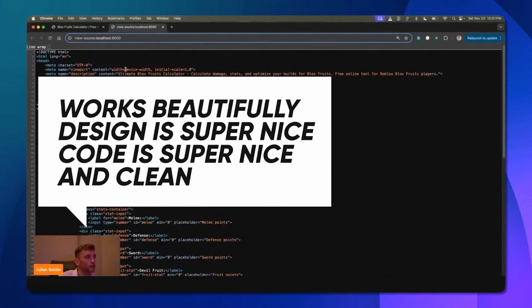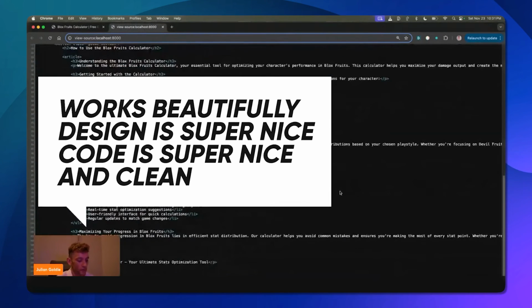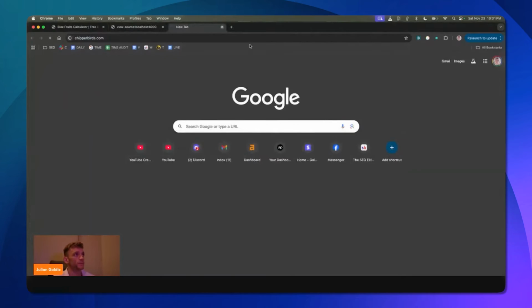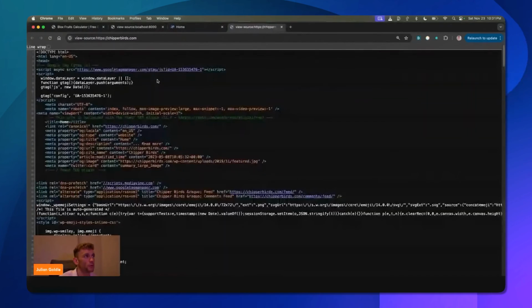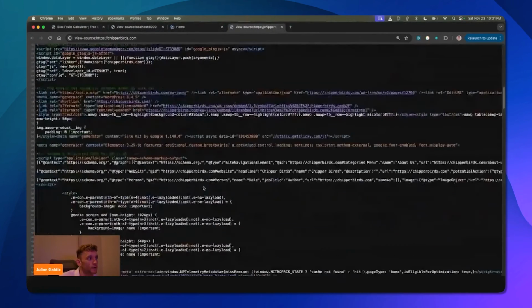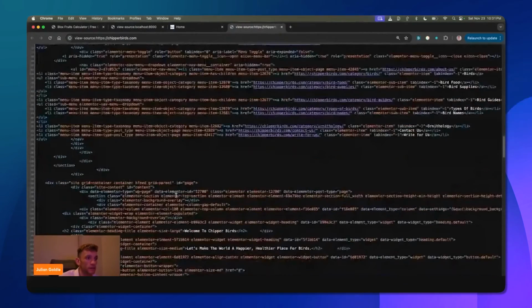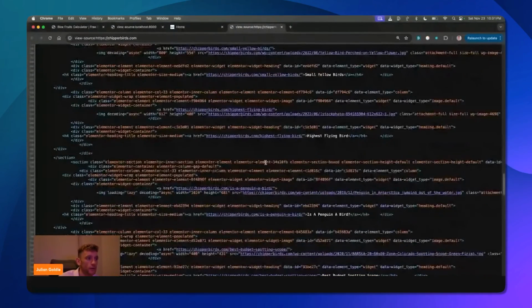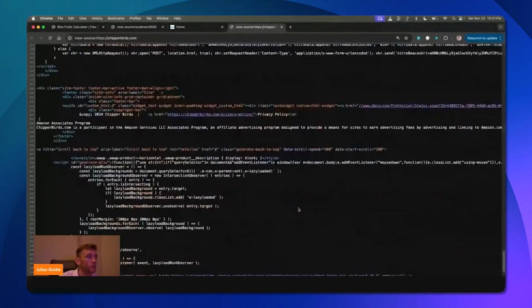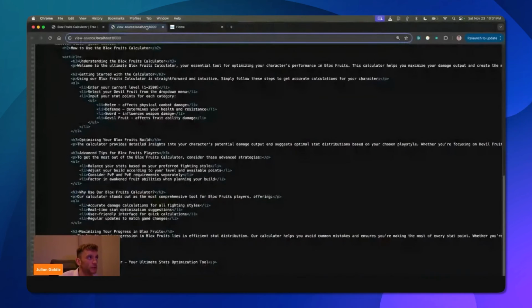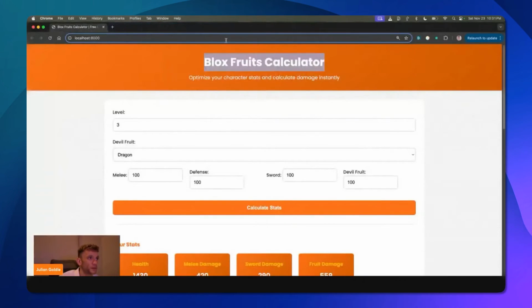Code is very nice, right? Look how clean that is compared to, say, if we open up chipperbirds.com, the legendary, and we open up the code for that, look how nasty that is, right? That's pretty sloppy code because it's got all this Elementor stuff here. It's got a lot of bloat on the code. It's not very clean. And if you compare it to this website